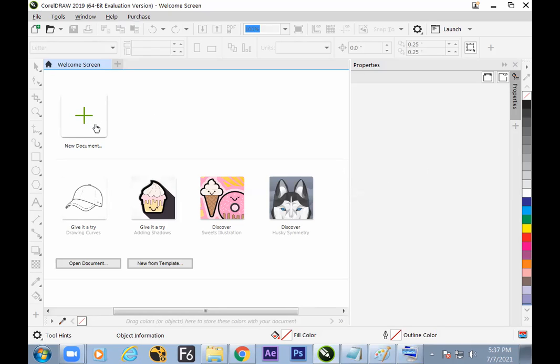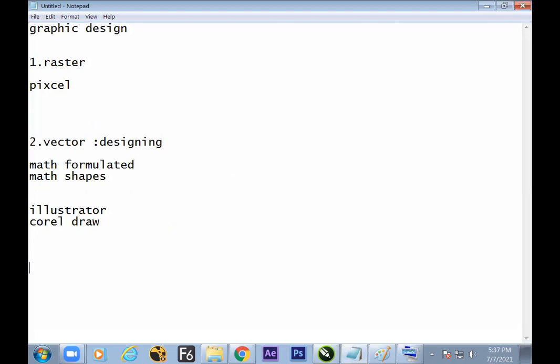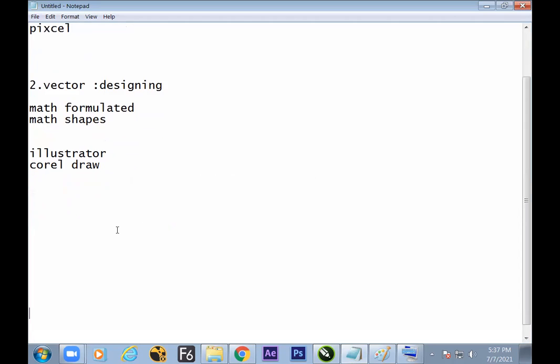Now, till now, a summary. What is CorelDRAW? It is a vector graphics designing software. Is it okay? Vector graphics designing software. Now, as it is a designing thing, there are a few things which make the design look beautiful, right? So hope we are aware of that. I'll just put that on the voiceover. What are the things? Does the software make a design or something else? It makes the design, right?